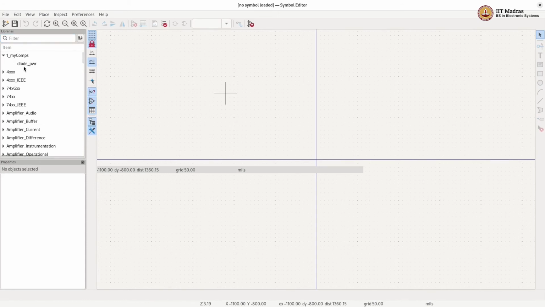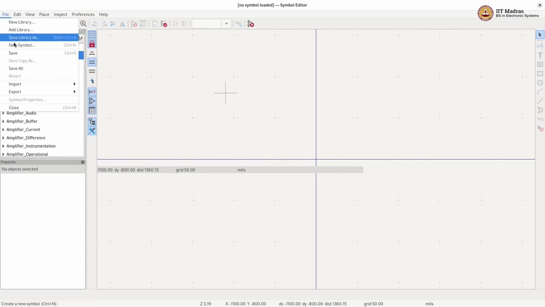Now if I go inside, you see the diode power, right? And I can incorporate a new library, or I can copy an old library and then an old component and paste it there itself. But I am going to